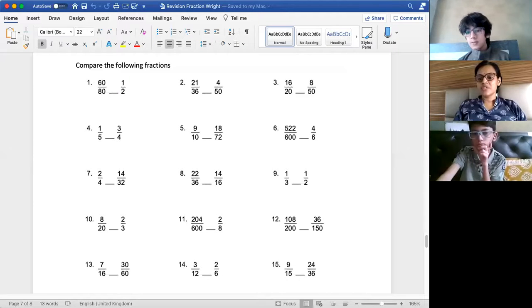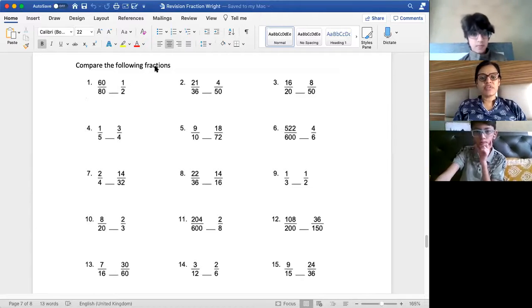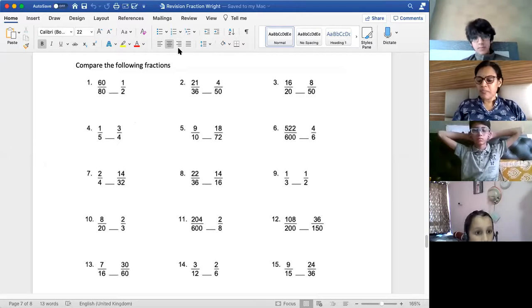And the syllabus is fractions. Okay, don't confuse with this. Ma'am, cross multiplication. So this is your compare the following fractions. Okay, now how do we compare? When two fractions are given, then you compare by cross multiplication. So to remind you, I'll do one or two questions so that you remember it.